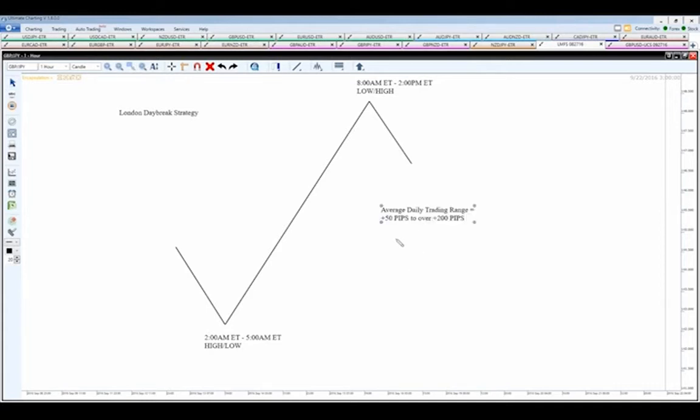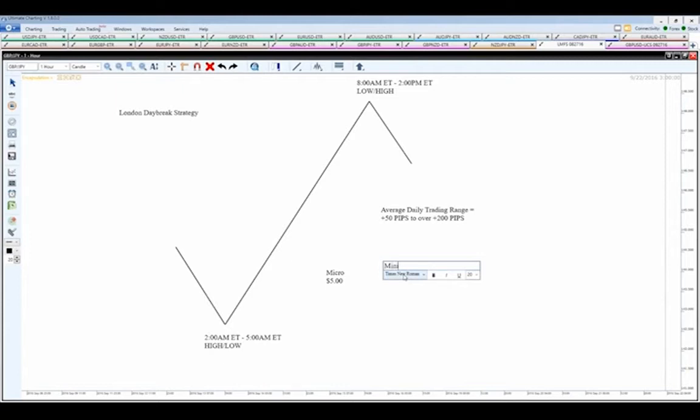Now, once again, to give you an idea of what that's going to be worth, we're going after each one of these currency pairs. If you're trading a micro lot account, if you remember, each pip is worth 10 cents. That means you'd be generating about $5 per currency pair per day. That's not life-changing, I understand, but once again, we're going to teach you how to crawl, and then we'll get you to the point where you're walking.